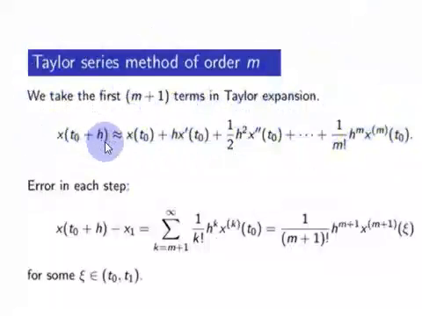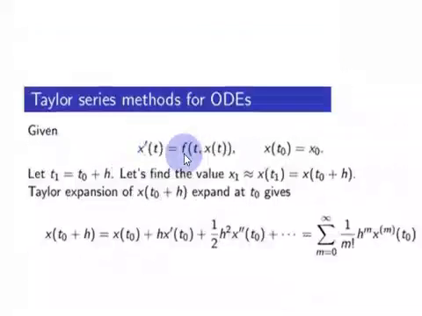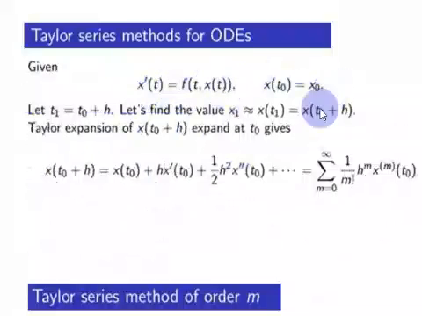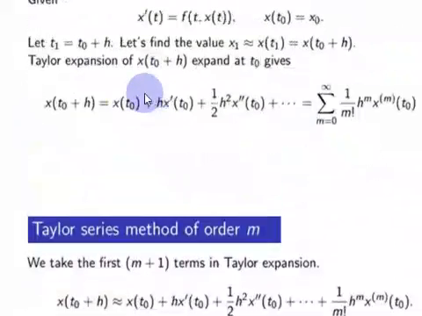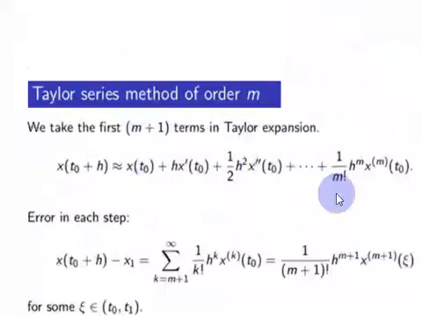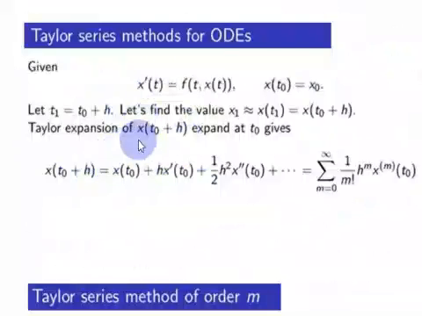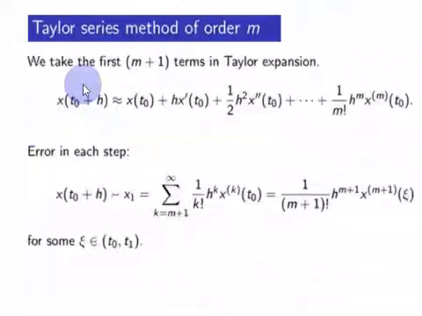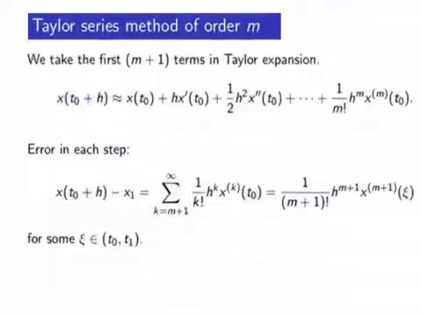When you find the next iterate using this, we basically consider this initial value problem, a differential equation and an initial value. And we consider part of the Taylor series. This is an infinite series, and we consider part of it. So here, if you use the Taylor series method to approximate this function,